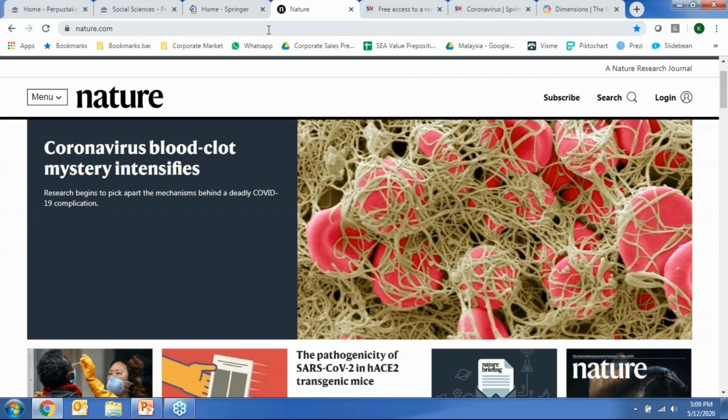However, due to the coronavirus COVID-19 pandemic that's going around the world, and because a lot of research is actually published in Nature branded journals, Springer Nature has actually made the decision to make a lot of our coronavirus related content now freely and publicly available.